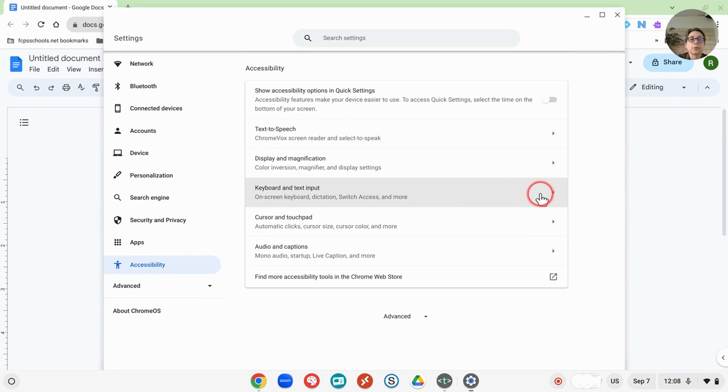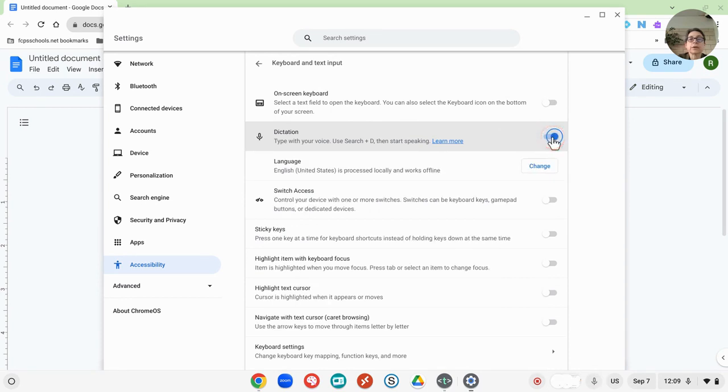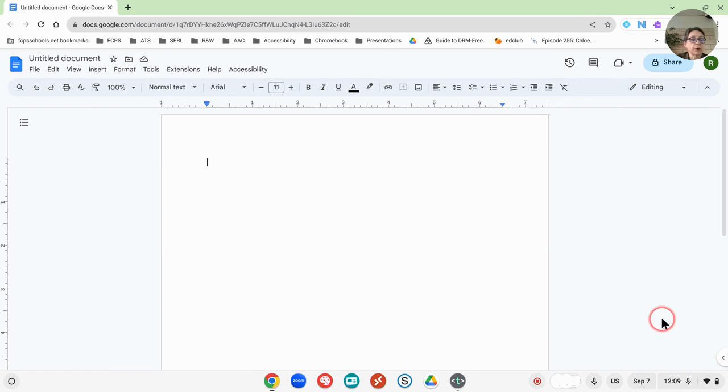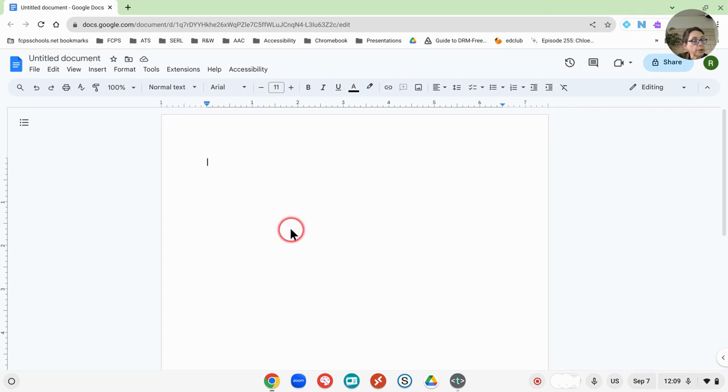I need to open the keyboard and text input settings, and in that area is dictation, and I can toggle that on. And right there it gives the major instruction, which is type with your voice, use search plus D, then start speaking. And below that, I can change the language if I want to. I'm going to close that. And after the first time I open those settings, when I go into settings, there'll be an accessibility shortcut right here. All right, now in a Google Doc,